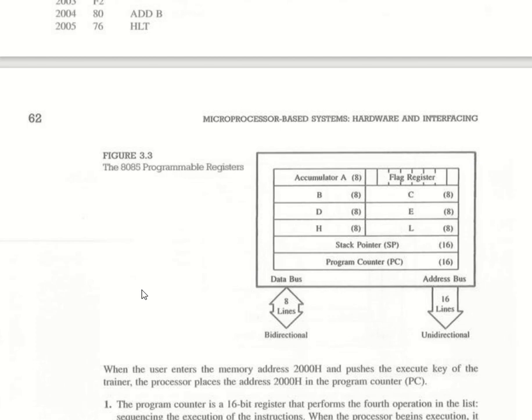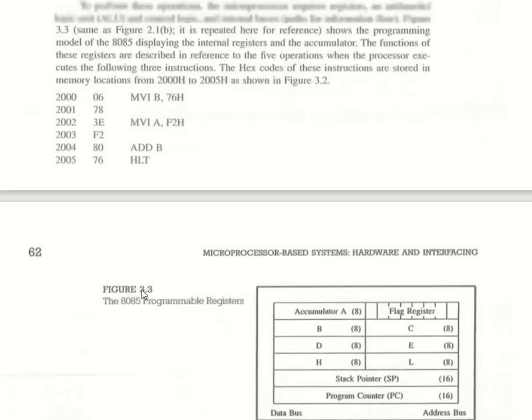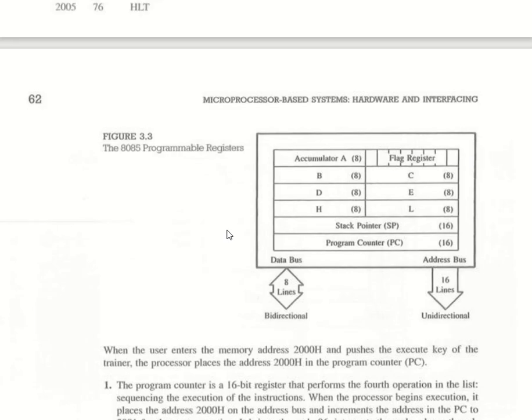And when the processor begins to execute, it places some address, right? If we are taking address 2000h here, it will place that address 2000h on the address bus. H, by the way, stands for hexadecimal, because we are not following the regular decimal system. We are following the hexadecimal system here. So 2000h on the address bus, and it increments the address in the program counter from 2000 to 2001 for the next operation,